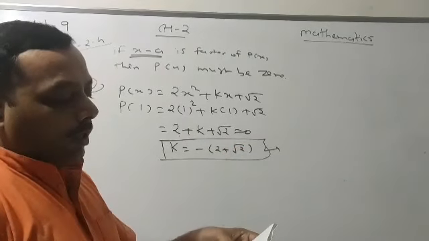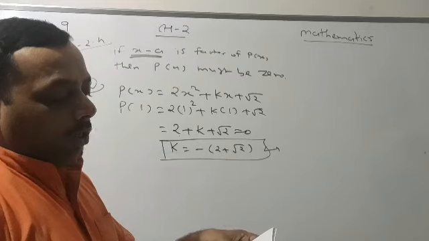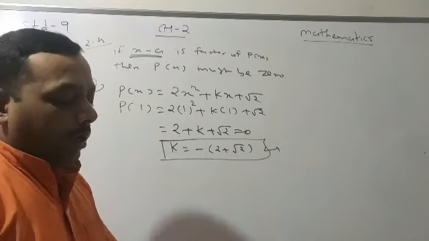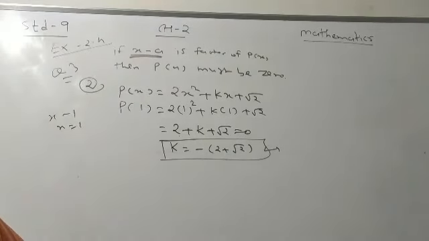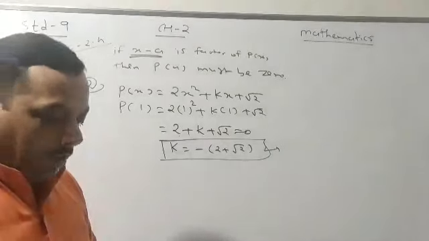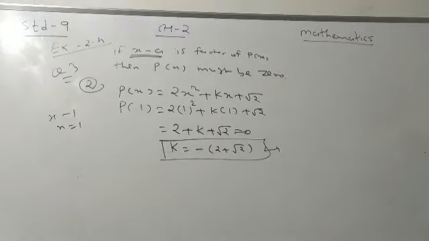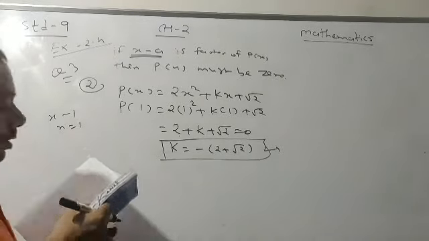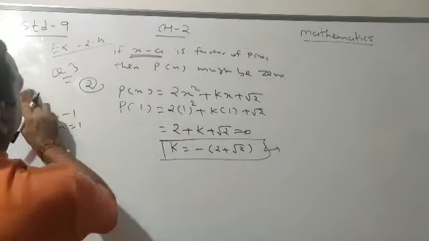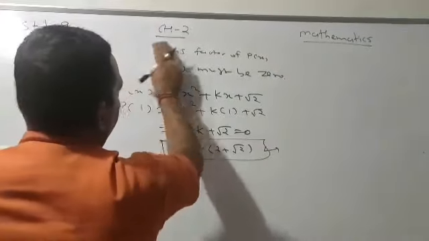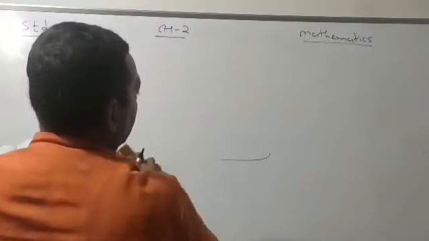Now it is clearly seen that each polynomial contains 2 things, x and k. If I say x is equal to 1, then the only unknown term is k. So definitely we will compare that with 0, and we will get the value of k. Now the fourth question. The fourth question is a little bit different. That I will explain first and then we will solve the question.